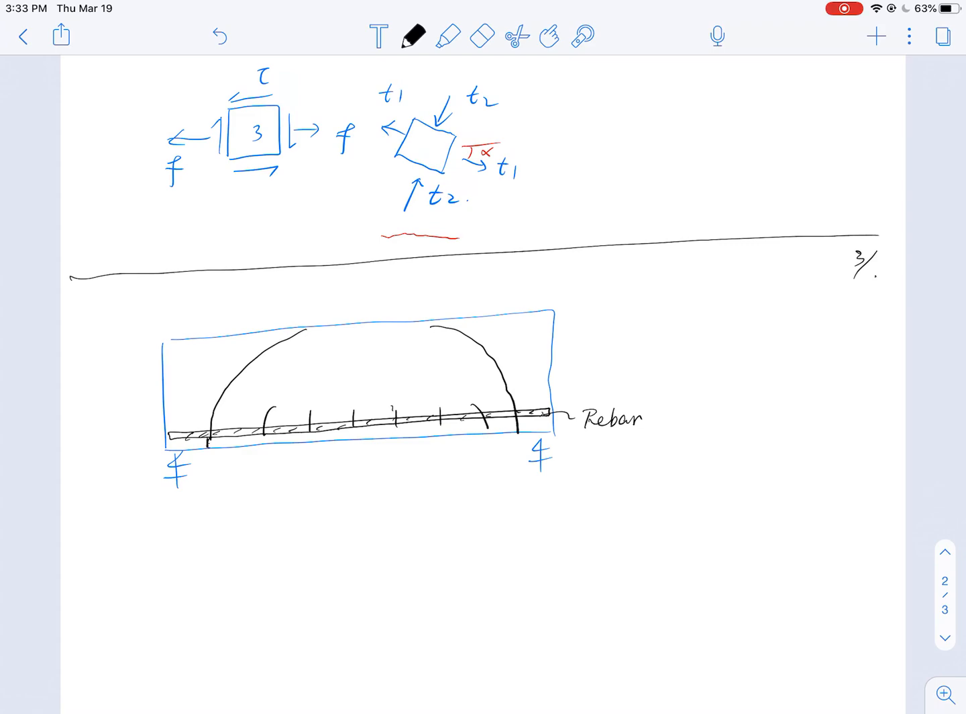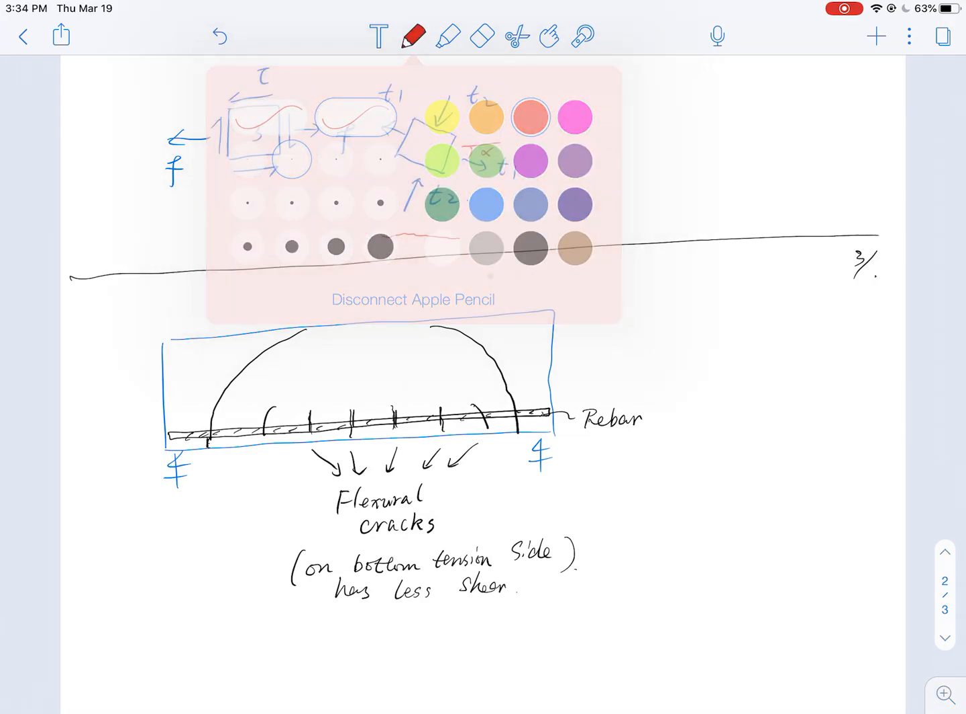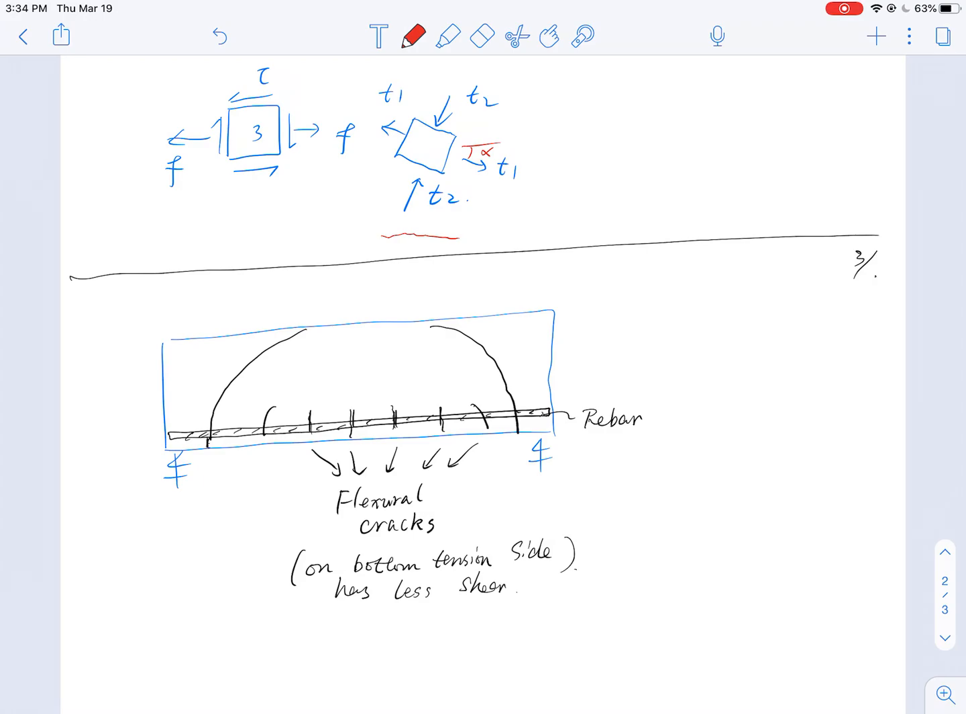Let me take that back. When I see these vertical cracks in the middle, these are actually the flexure cracks. Now, why is that? Because you see they're on the bottom side, which has no shear or less shear. Okay, now correspondingly, these ones on the side,